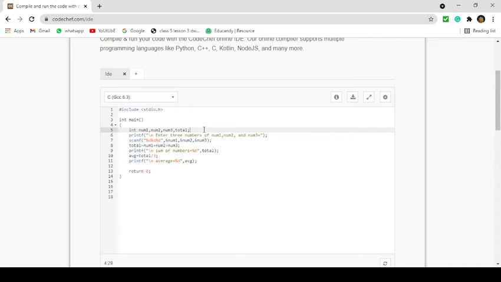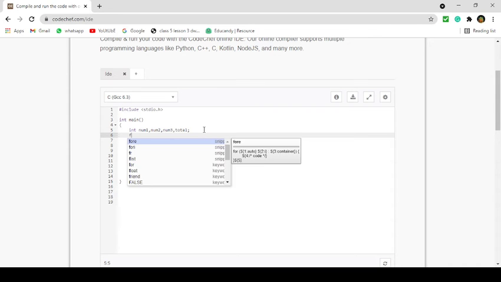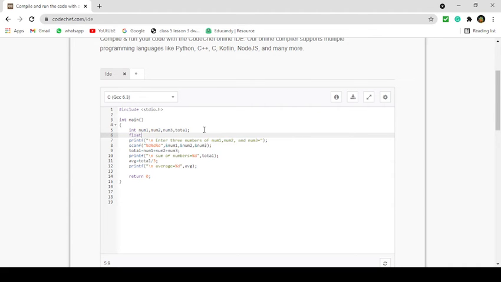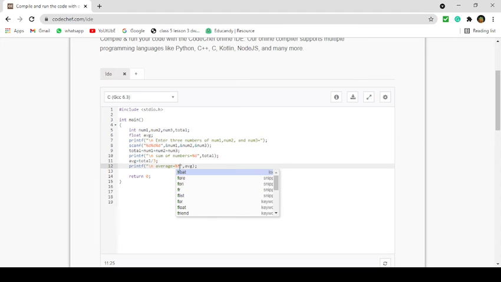Here I will take a float variable, float AVG. Now I have to change percentage d to percentage f.